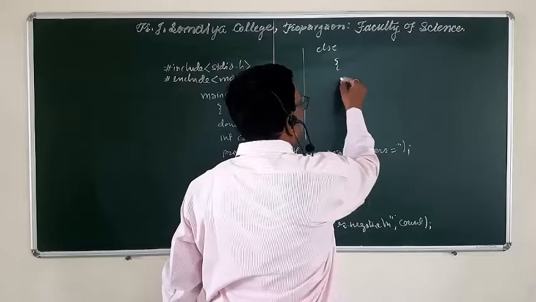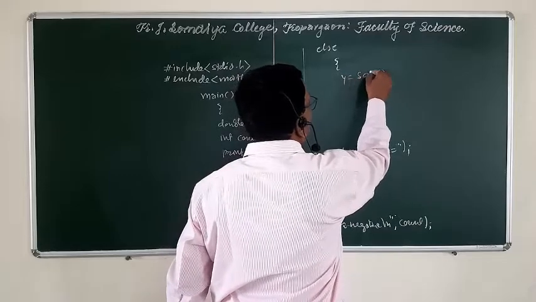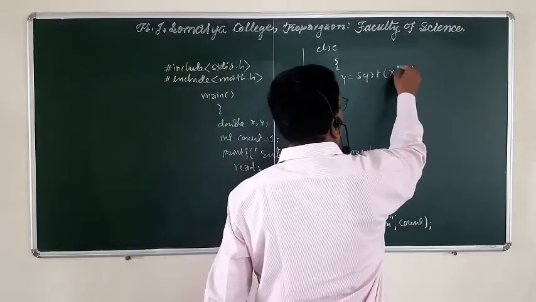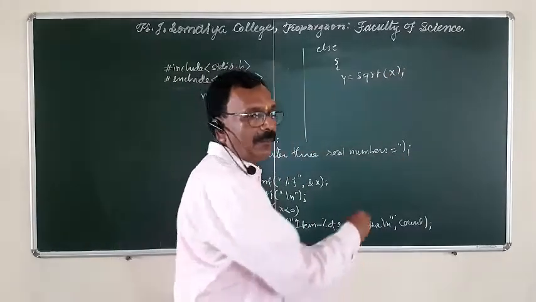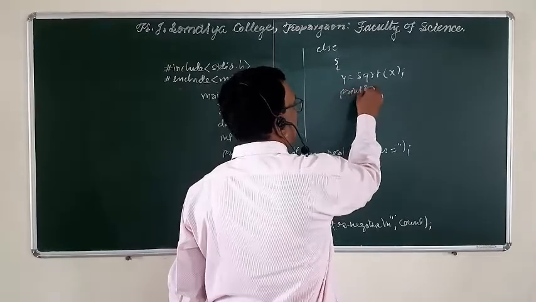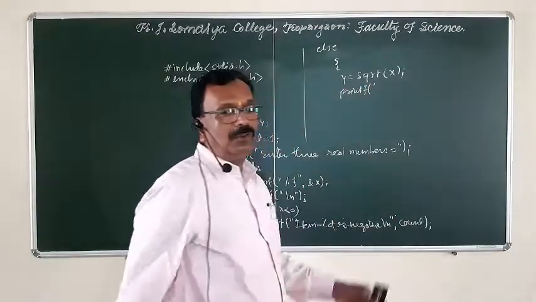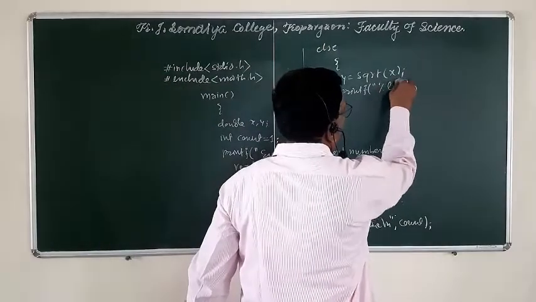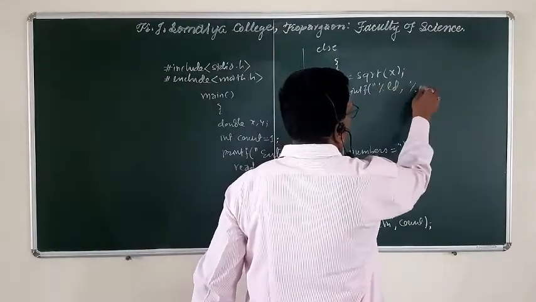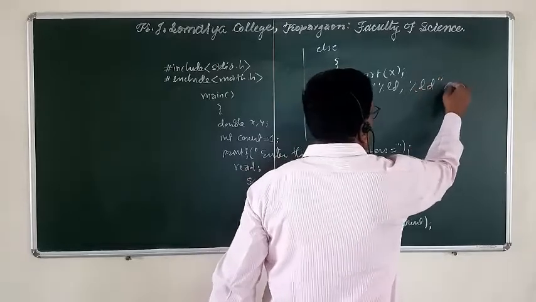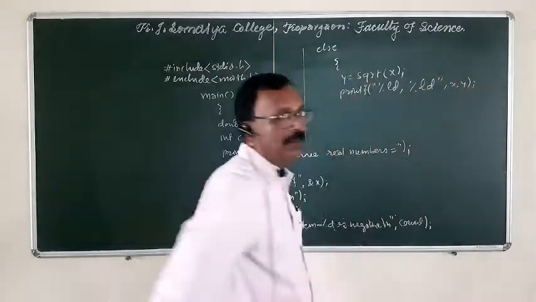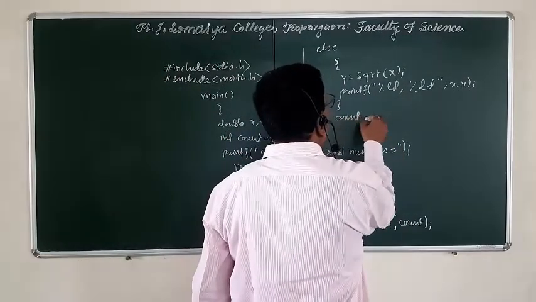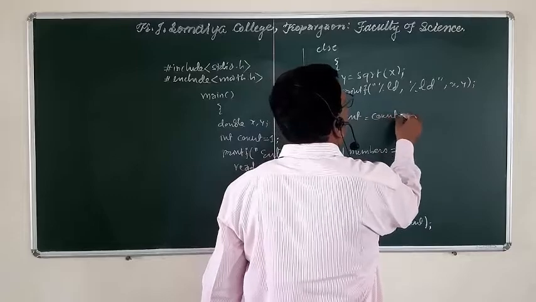Again, here y is equal to square root. This is the keyword for square root of x. Then print, that is printf. What are we going to print? Here there are two numbers of long double, therefore %ld %ld for x and y. Okay. Then count is equal to count plus plus,